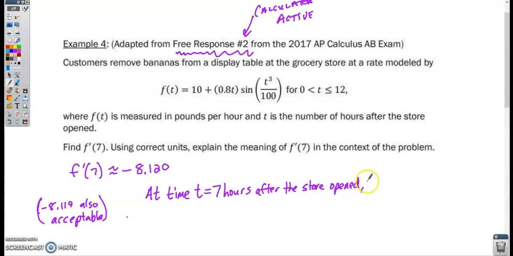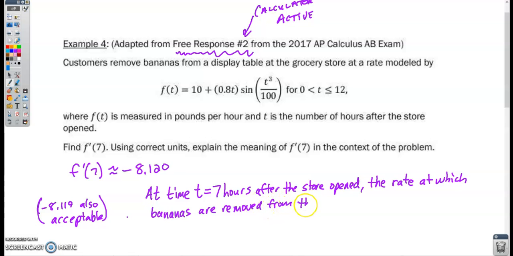And then my context. The function f represents the rate at which bananas are removed. The rate at which bananas are removed from the display table